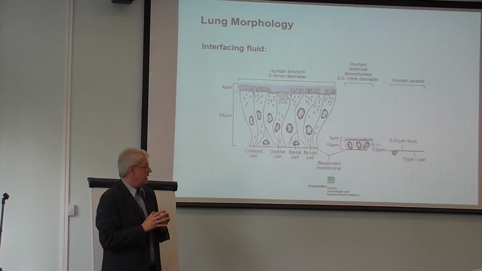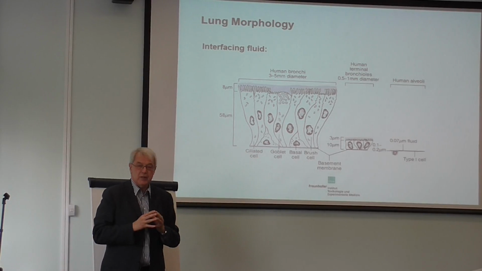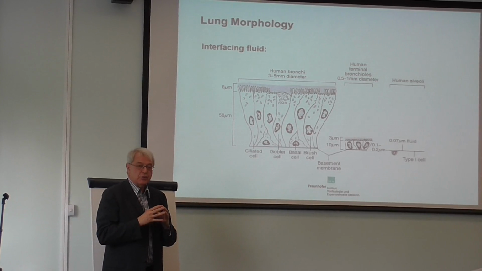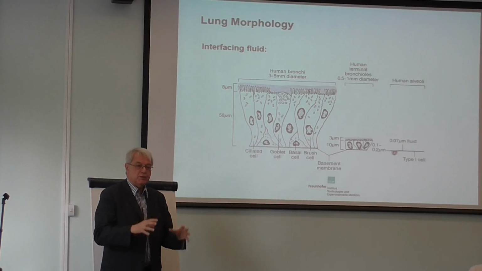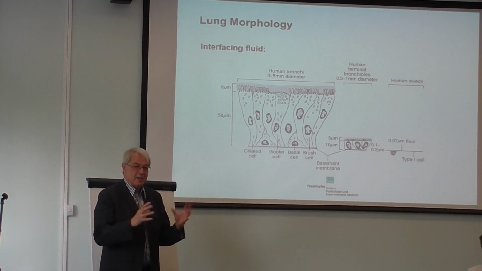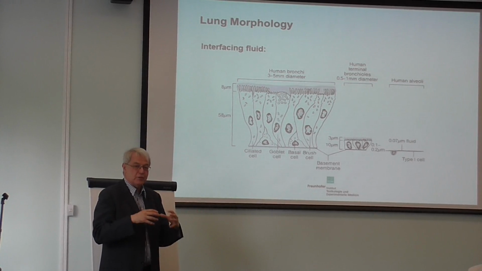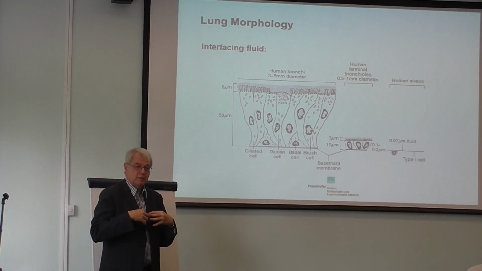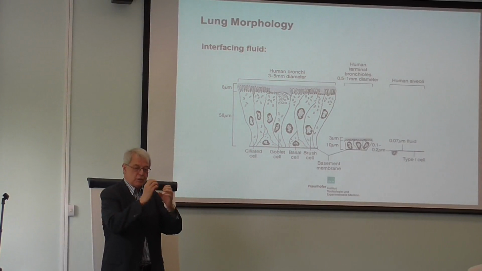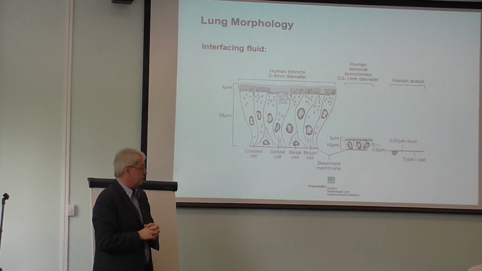Therefore, in the lining layer of the alveoli, there is surfactant. That means there are proteins that dramatically reduce the surface tension of the water. And this is what makes us actually living. If we do not have this surfactant on the inner surface area, we could not breathe, because then the lung would just collapse to a size like this.